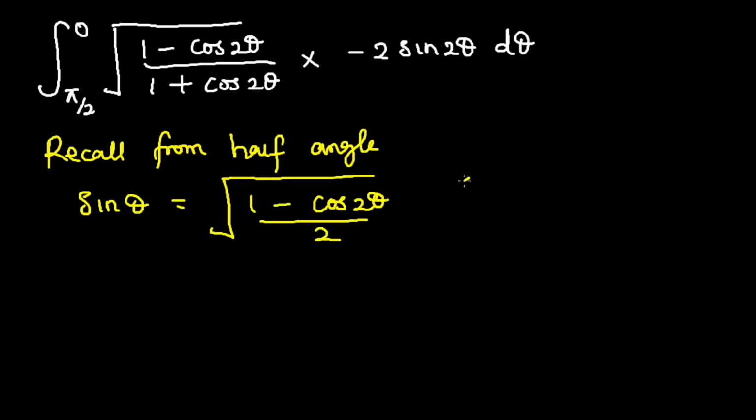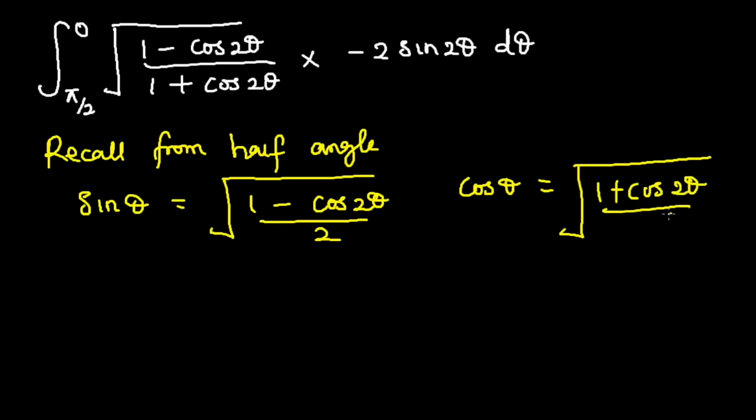And you also know that the cos of theta is equal to the root of (1 plus cos 2 theta) over 2. Which means that if I take the tan of theta, which is sine over cos,